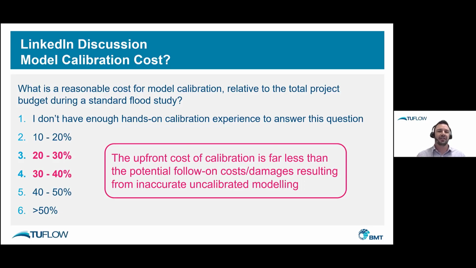It's worth noting that 30% relative to all of the potential unexpected flood damage costs, or costs associated with over-design of flooding infrastructure, whether it's levees, roads, bridges, is nothing. It is insignificant. So if anyone comes up and says, look, calibration is too expensive, you really need to think about all the flow-on costs of not calibrating, because they are far more. That's very much a call out to the people commissioning work.